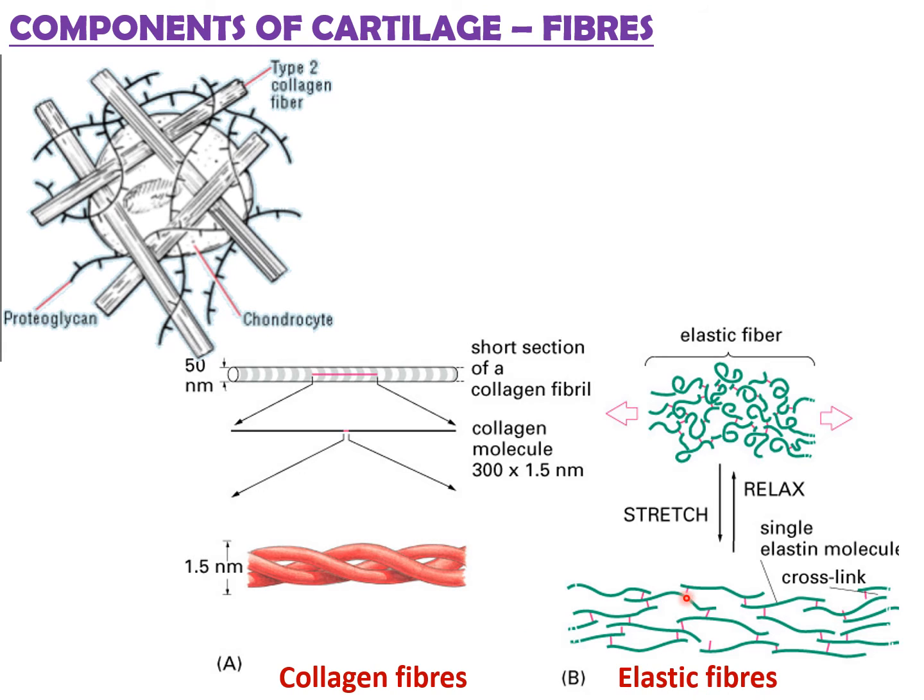So only elastic cartilage has them. You see these elastic fibers in the relaxed state, and after stretching there is a link between the single elastic molecules. So this one is the stretched condition of these elastic fibers. The majority of elastic fibers you can see in elastic cartilage. So these are the components of this cartilage.